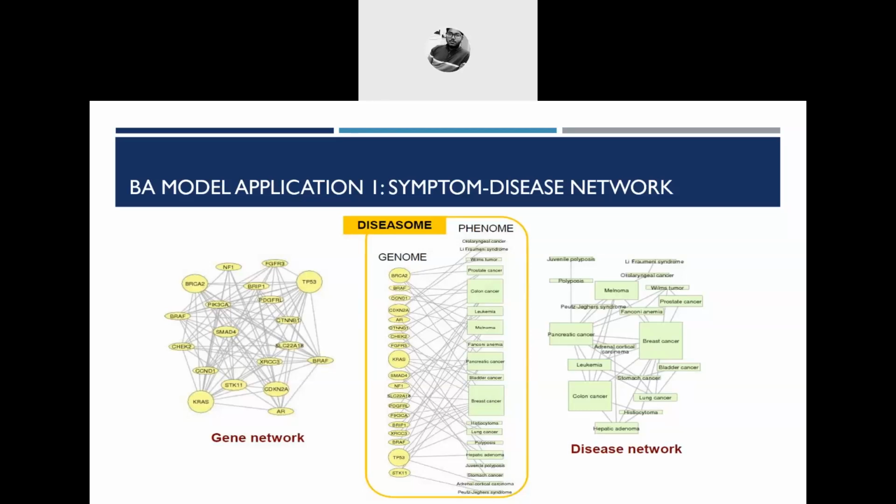So Barabasi proposed a model where the genetic content of the disease, or how the genetic mutations occur when a disease is upon us, that genetic network, how these genes interact with each other and get affected. That is a separate network he designed, and another network he designed is known as the phenome: the observable symptoms which are present when a disease happens. So these two networks, gene and disease.